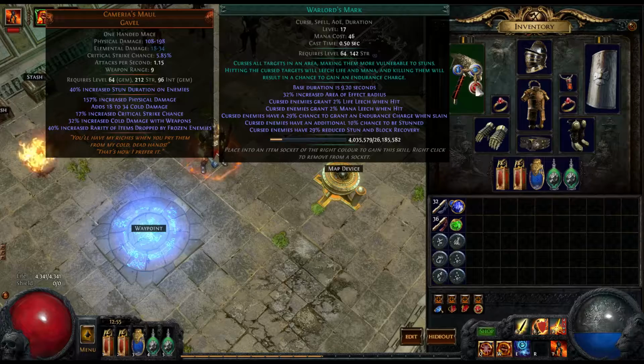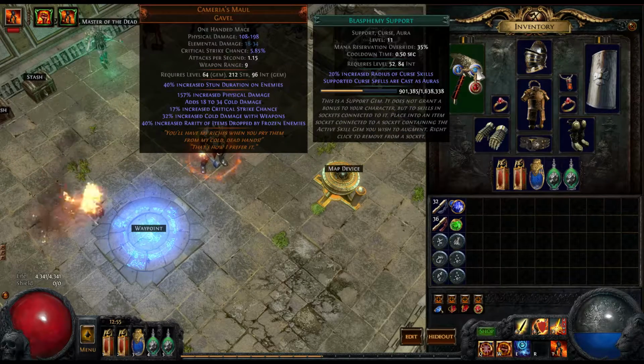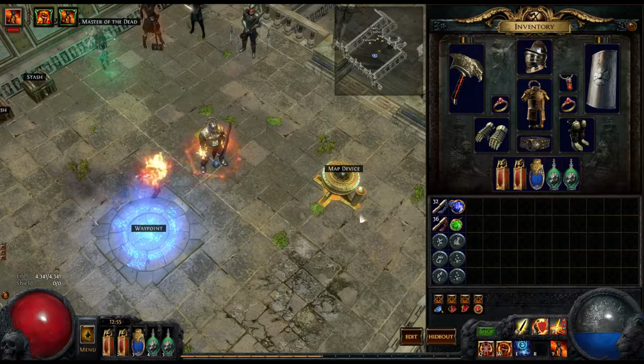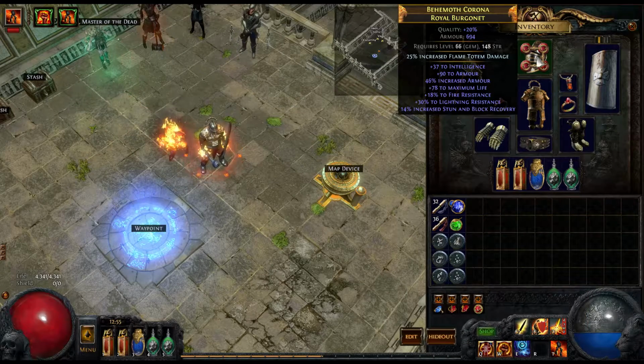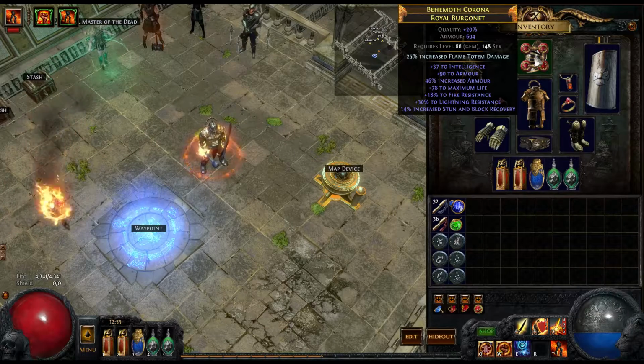Then I have Blasphemy with Warlord's Mark. Blasphemy means that this curse now runs as an aura around me. As you can see, that little aura. And of course you got the Warlord's Mark, which is good. And then I have a regular yellow. All this stuff's self-found, and it's increasing armor and life, and it's got good resist on it, which is what